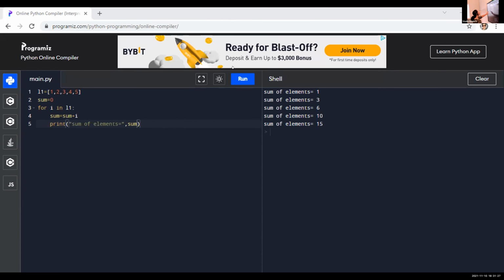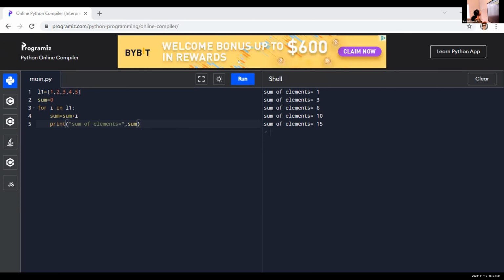Okay, Ranil, clarify all these problems, then only you can do some programs in the system. So, the sum of these elements is equal to... after 0 plus 1, it will display like this: sum of elements is equal to 1. Then after that, 1 plus 2: sum of elements is equal to 3, just like that. This is only because Vinayak is writing his print statement in the same indentation as this for loop.